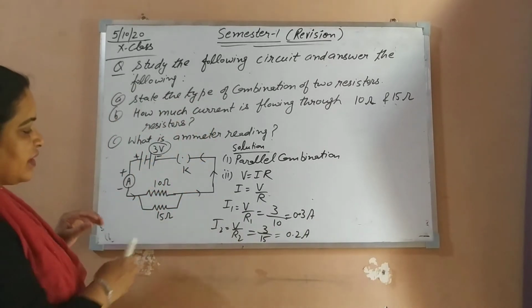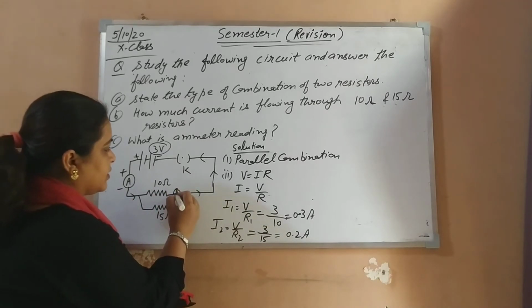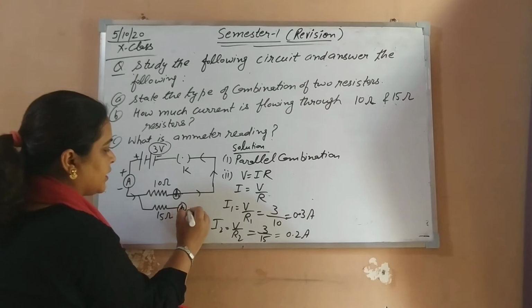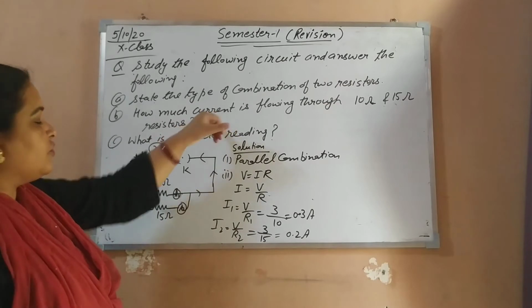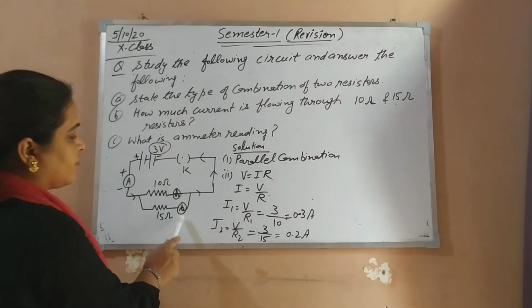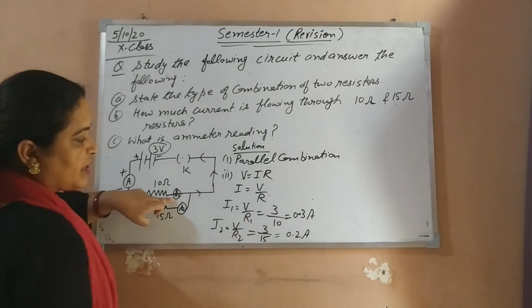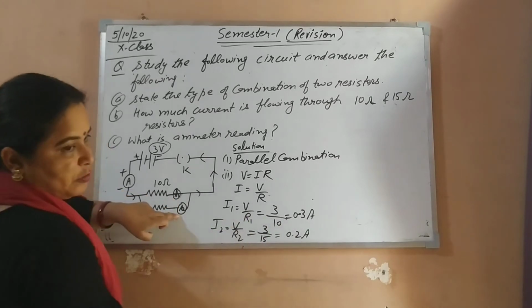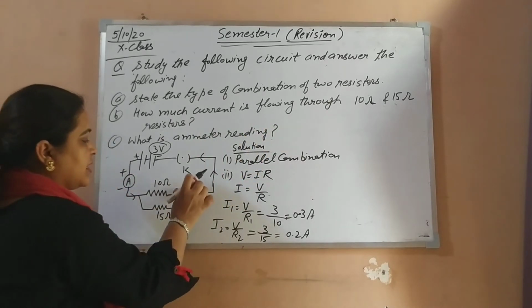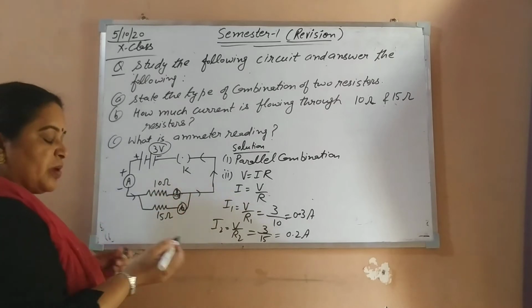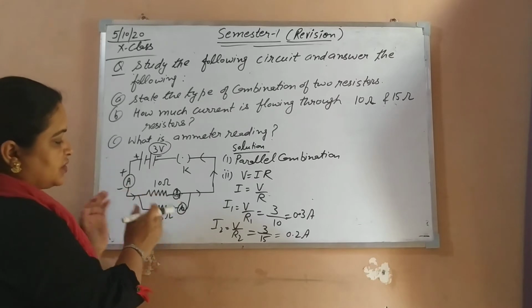Here, if I connect any ammeters, to confuse students in the exam, it is written A1 here and A2 here, and they are joined like that. So the examiner, instead of this language, can ask you to find out the readings of A1 and A2. What is the reading of ammeter A1? That is 0.3 ampere, and ammeter A2 is 0.2 ampere. Instead of asking directly, he can give you different ammeters and ask the questions. But the question is the same, only the way of asking is different.